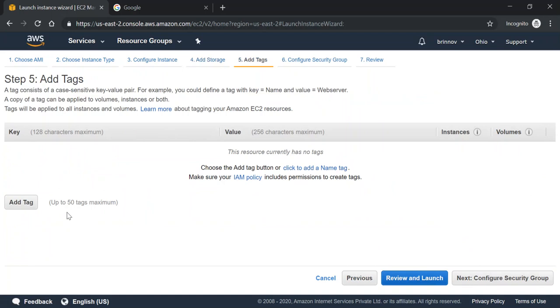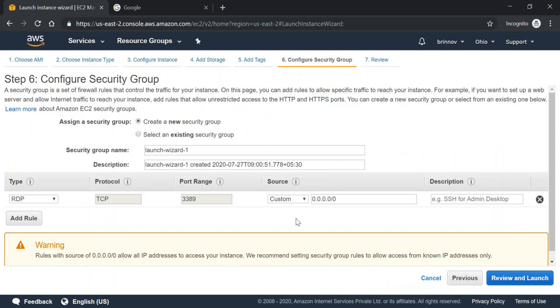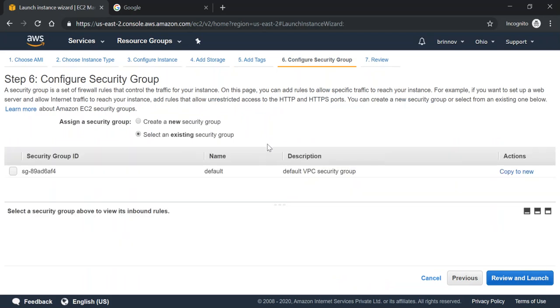Next, add tags. I give name like Bruno web. Since it's a web server, I just give name like this. I create a new security group. Since it's a web server, I need to access this web server through remote desktop, and I need to open a web server port.